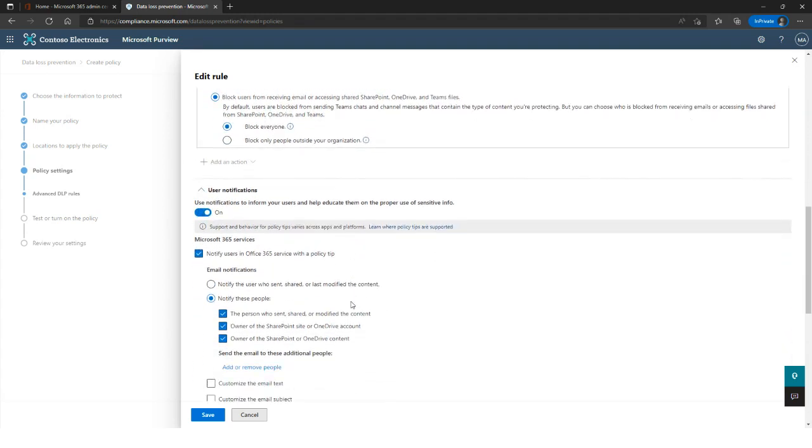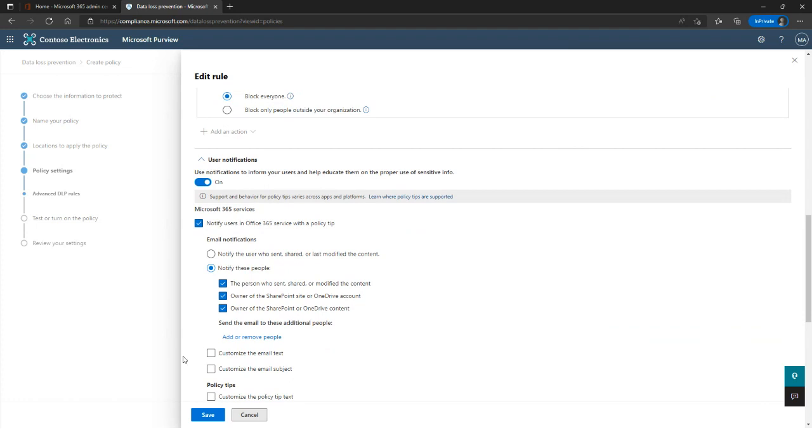Now, the next thing you want to configure are your user notifications. I think it's really important to actually let your user know that they're trying to share sensitive information, and they should probably not do that, because this is actually all blocked in real time. Since remember, we're trying to protect credit card numbers, if one of my users in a Teams message messages a credit card number, it will be immediately blocked before it is sent to the person they're messaging. And what they will receive is a little tooltip if you have that notified or selected